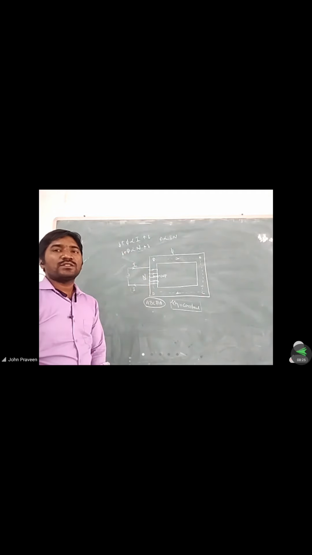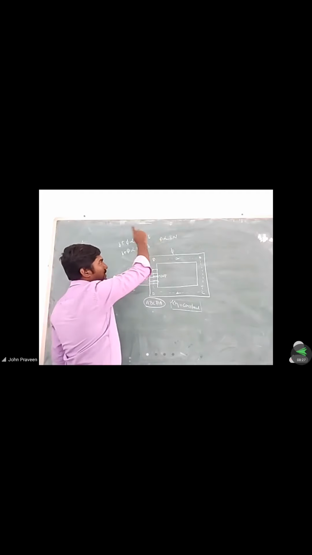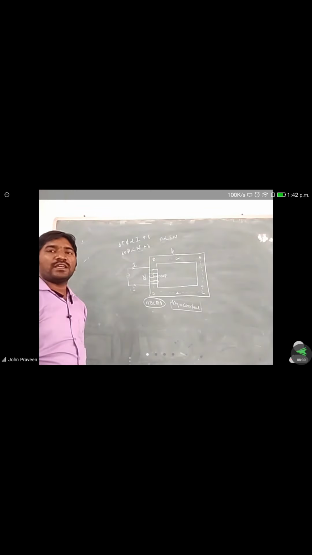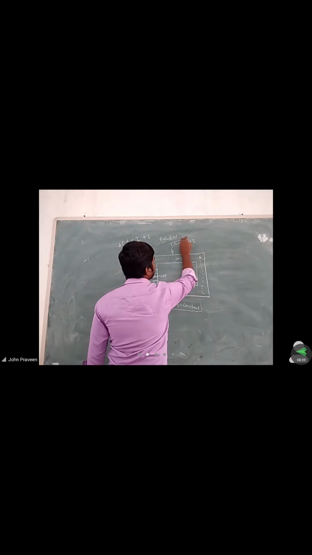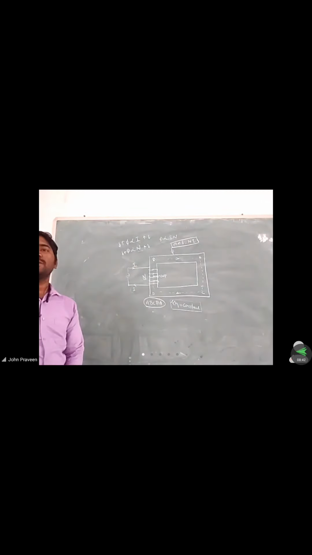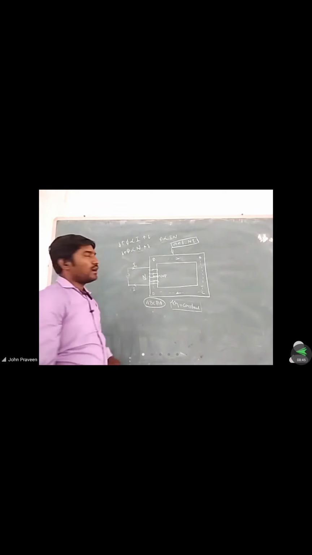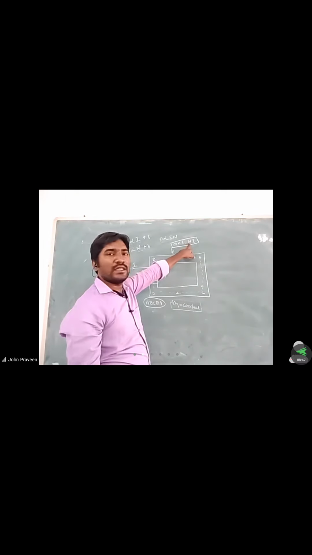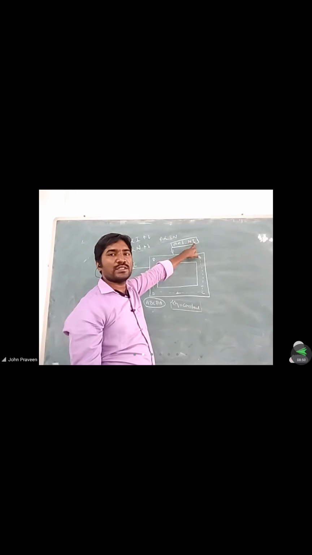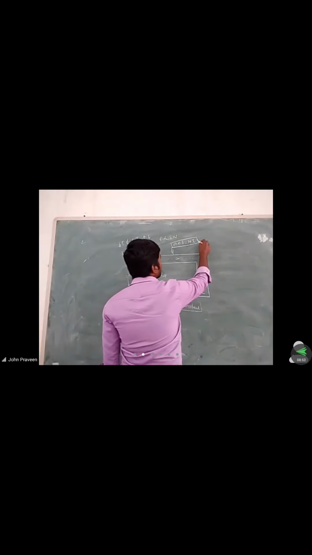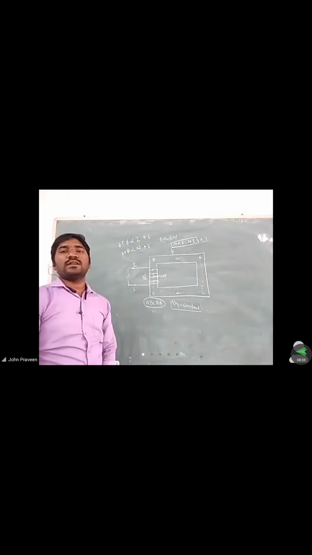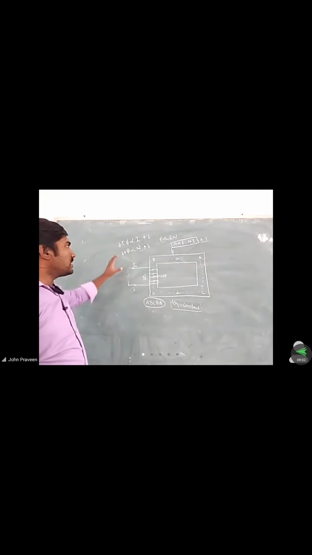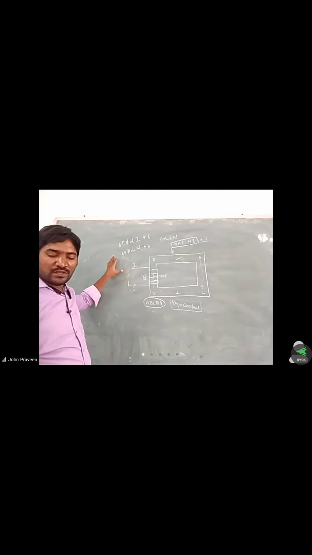Because of that reason, whatever flux is generated, we consider as the MMF produced in a magnetic field. So it is nothing but MMF equals N into I. How can we estimate the unit? N is turns, and the current unit is the ampere. So ampere turns is the unit. Right? So this is a basic concept we want to remember.